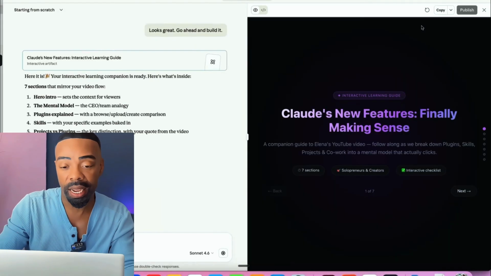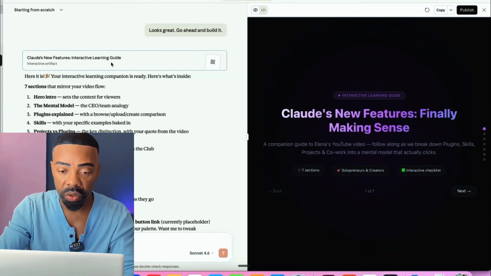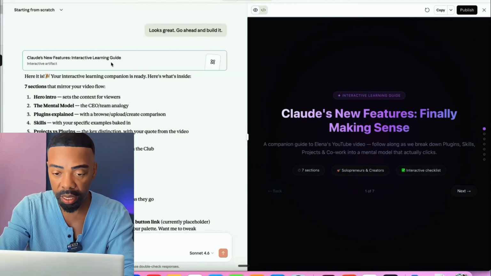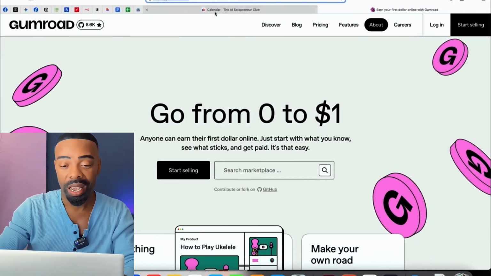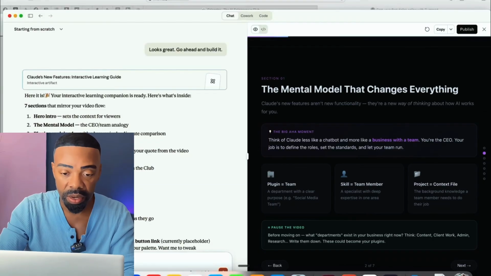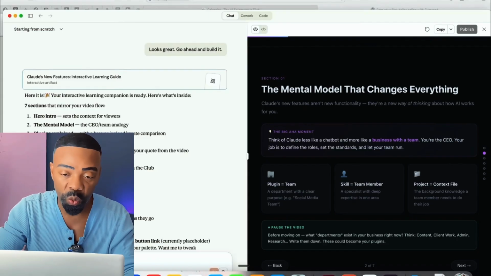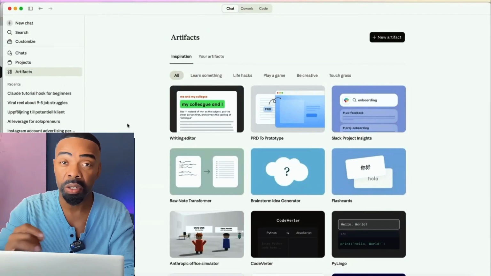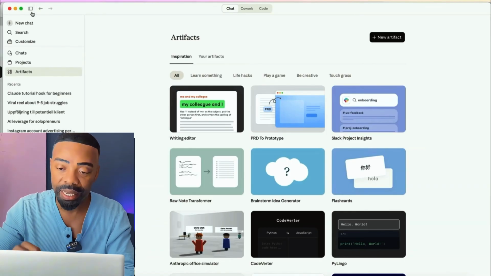Now, if you don't like the style, no problem. Simply say something like, change it to more bold colors and aesthetic graphics, or just find a website you like, copy the URL, paste it into Claude and say, can you make it similar to this aesthetic instead? Claude will then recode everything based on your instructions. Once it's done, which usually takes a few minutes, simply tap the I